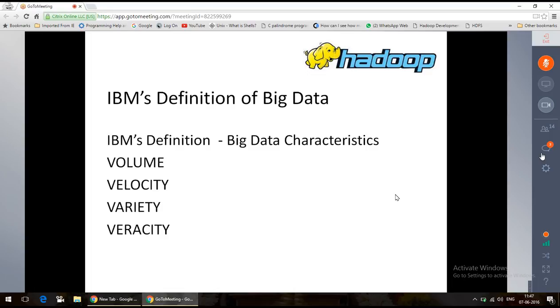Once I have the velocity, I need to segregate the data into variety. What sort of data has been taken into consideration? Which domain is it falling under? Is it related to healthcare? Is it related to insurance? Is it related to banking, telecom, retailing, whatnot, guys? Every domain related. Differentiating the conceptual process of data is called variety. So we are done with volume, we are done with velocity, we are done with variety. Then comes veracity. Veracity is something which